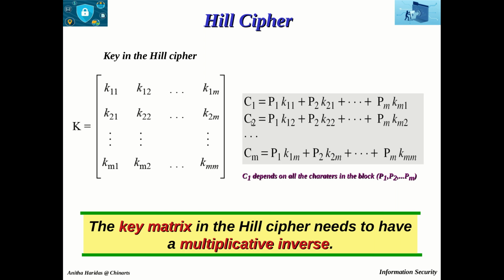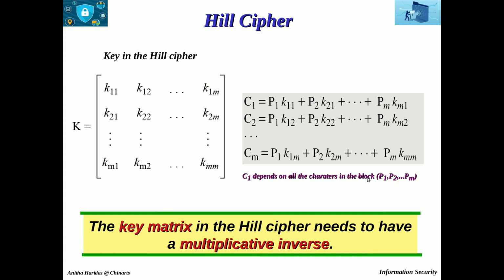And C3 will be calculated with the same block P1 to PM but with the third column of the key matrix, and so on. Therefore, we can say each character in the ciphertext block depends on all the characters in